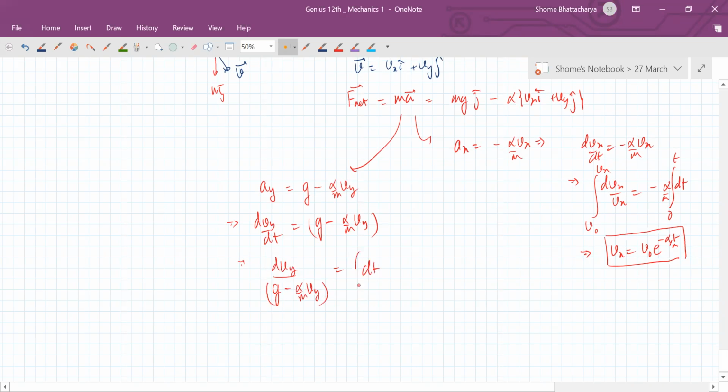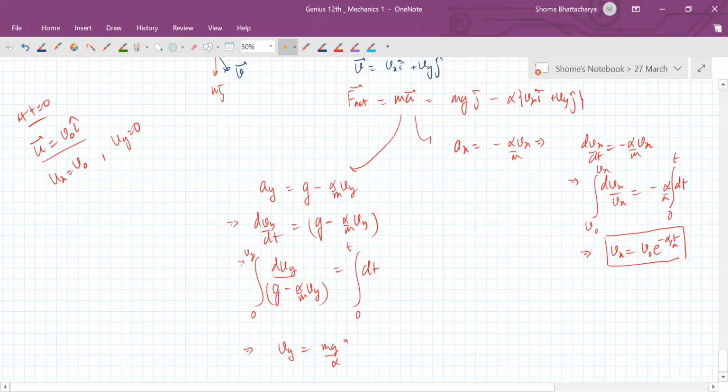So this is this. Now Vy is starting from 0, because remember at t equal to 0, our initial velocity was V naught i cap. So our ux was v naught, but our uy was 0. So this is going from 0 to t. So this will give us this kind of relation, that vy is equal to